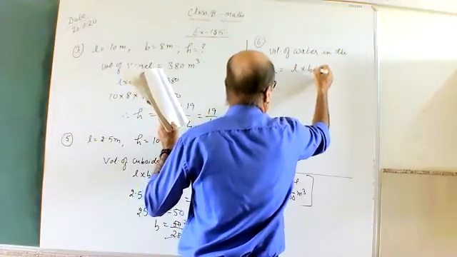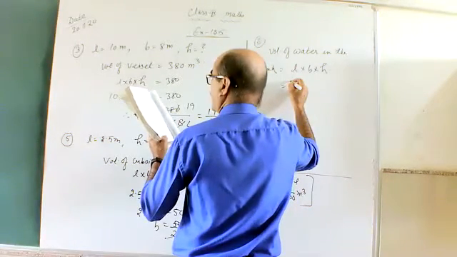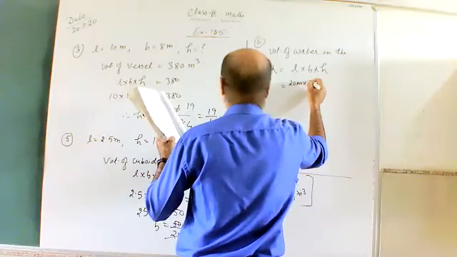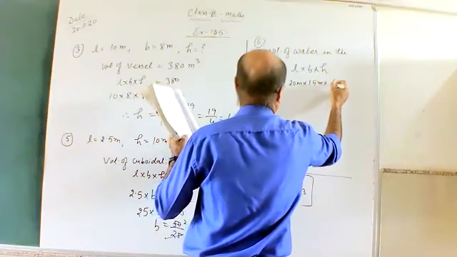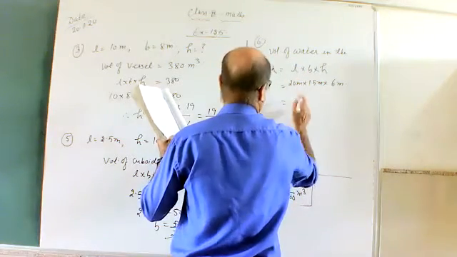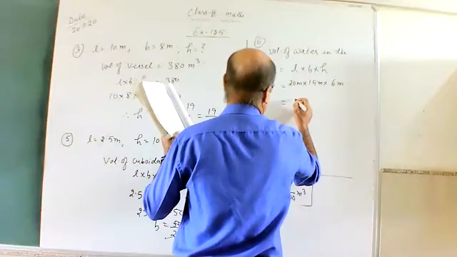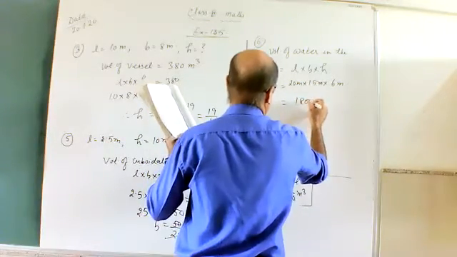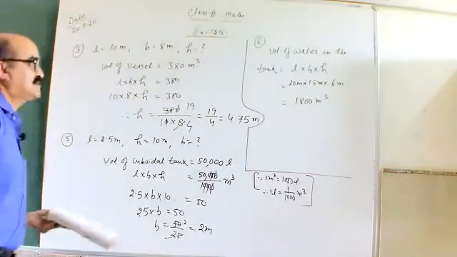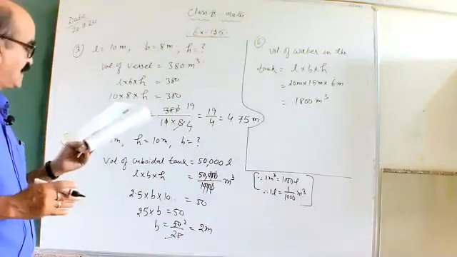So that will be equal to L into B into H. L is given how much? L is given 20 meter into 15 meter into 6 meter. Right? So that will be equal to 15 6s are 90, 90 twos are 180. That is 1800 meter cube. ठीक है ना? 1800 meter cube water is there in the tank.